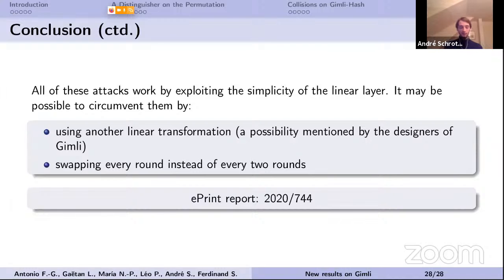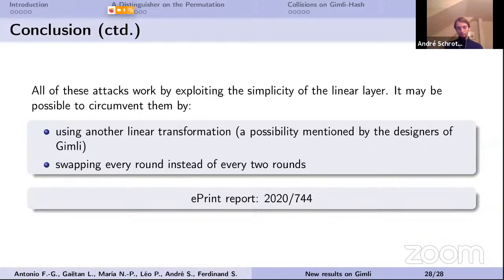In the distinguisher, for example, we don't use the specifics of the SP-box. We don't use the specifics of the round constants. And we use simply the overall structure of the permutation. So it may be possible to circumvent these attacks by, for example, using another linear transformation than the swaps, which was a possibility that the designers of Gimli mentioned. It would also be possible, for example, to swap every round instead of every 2 rounds. And I believe that all of these